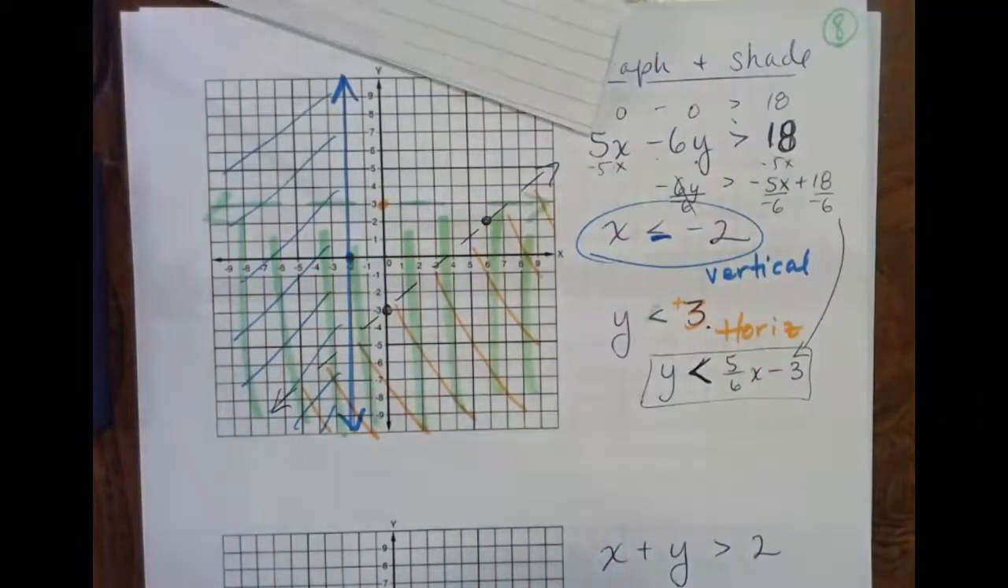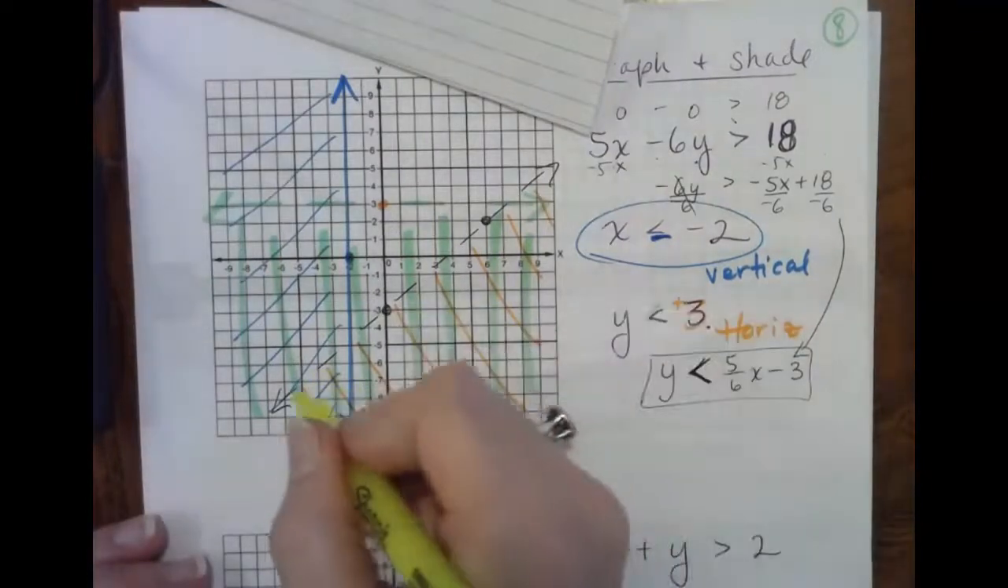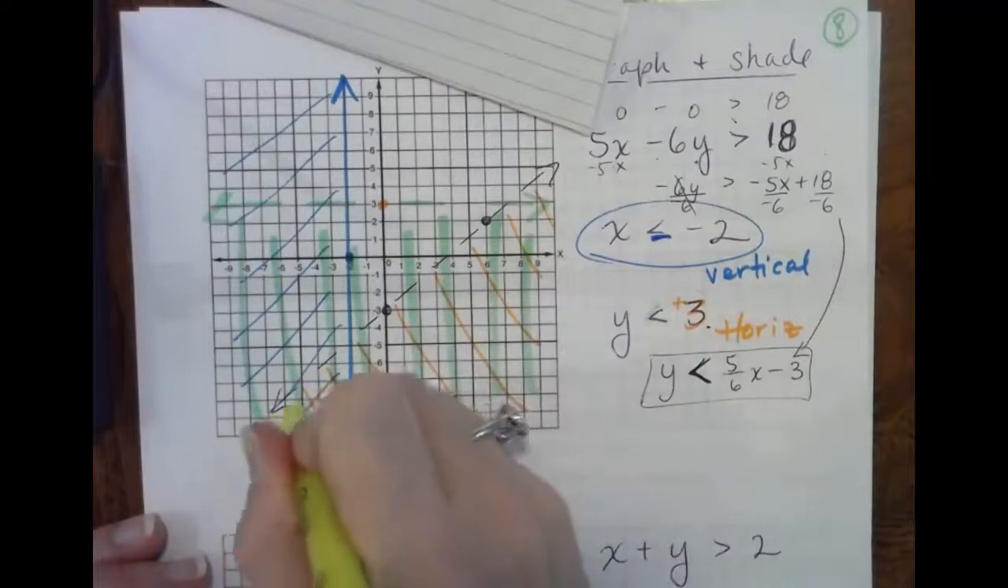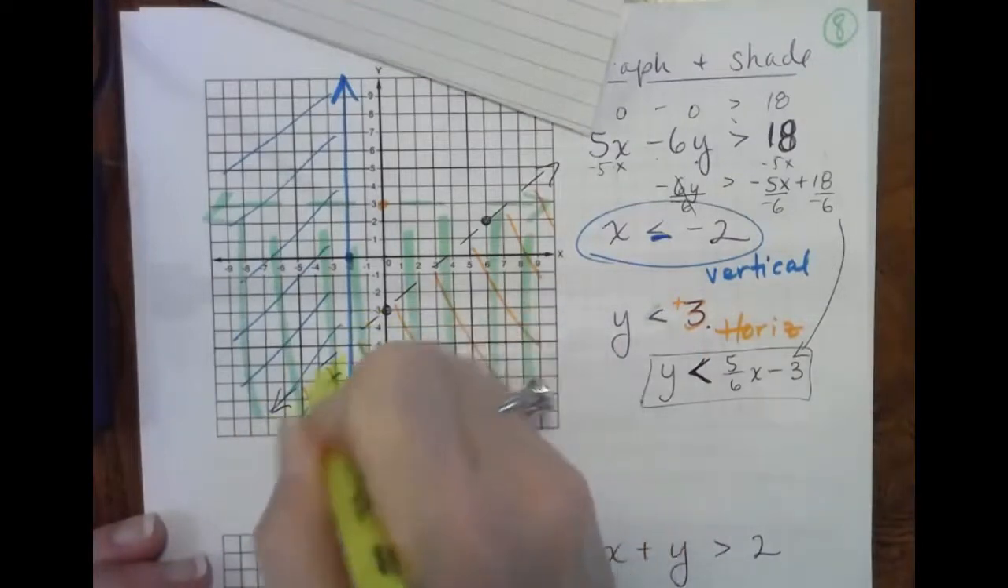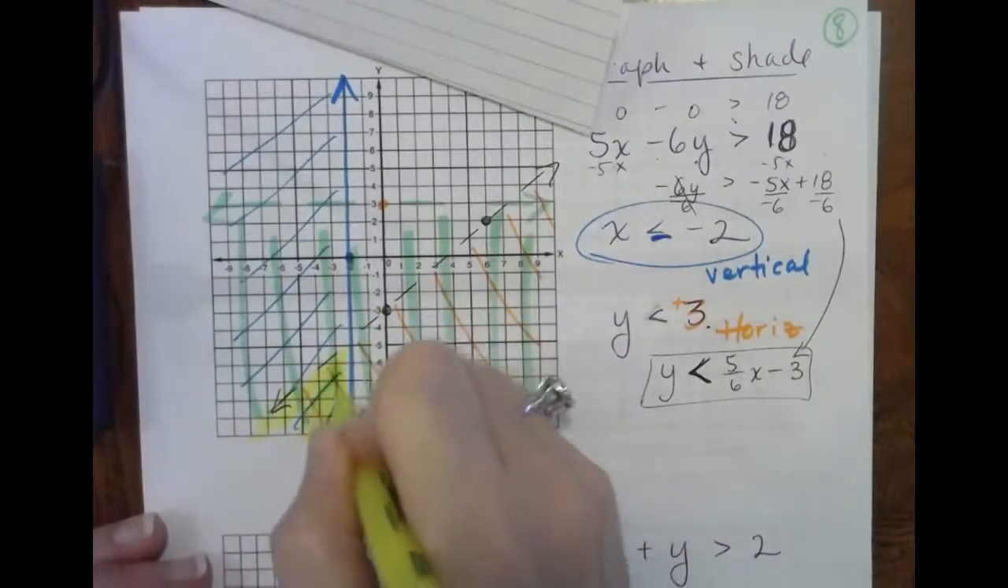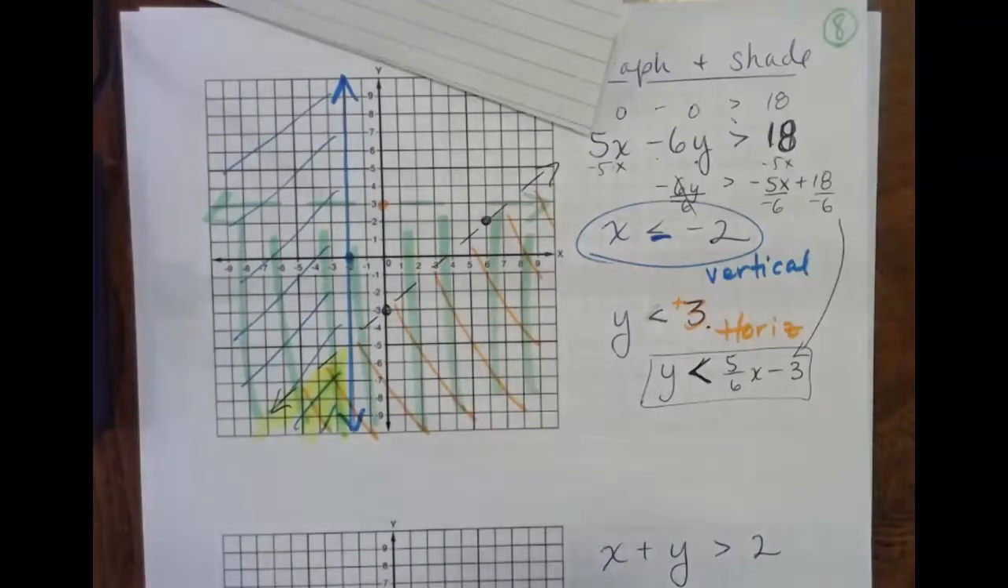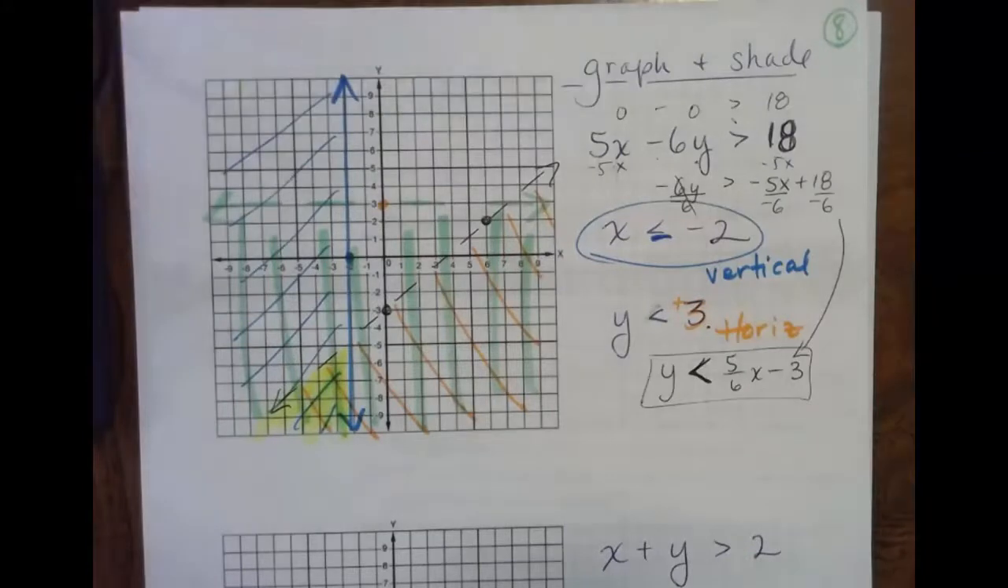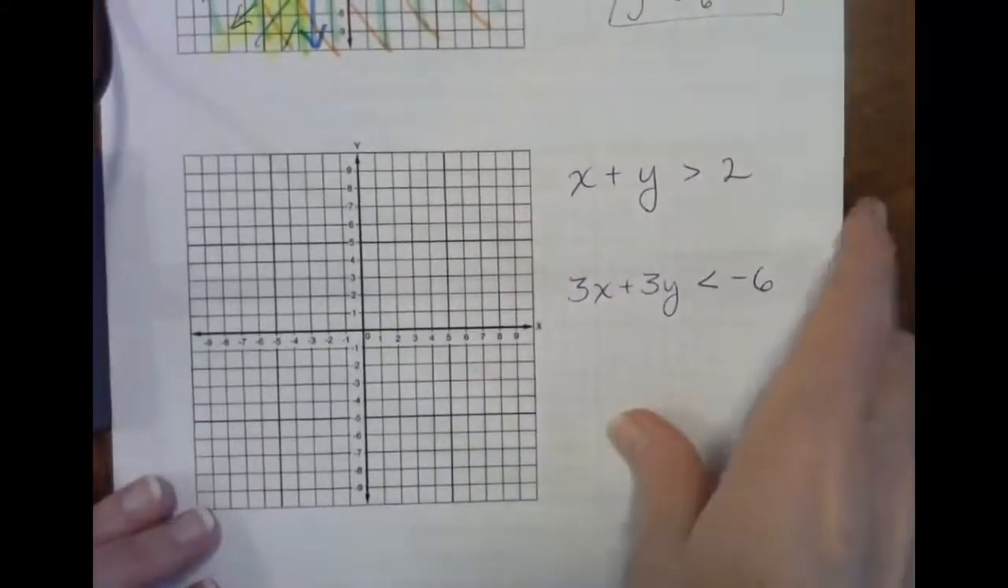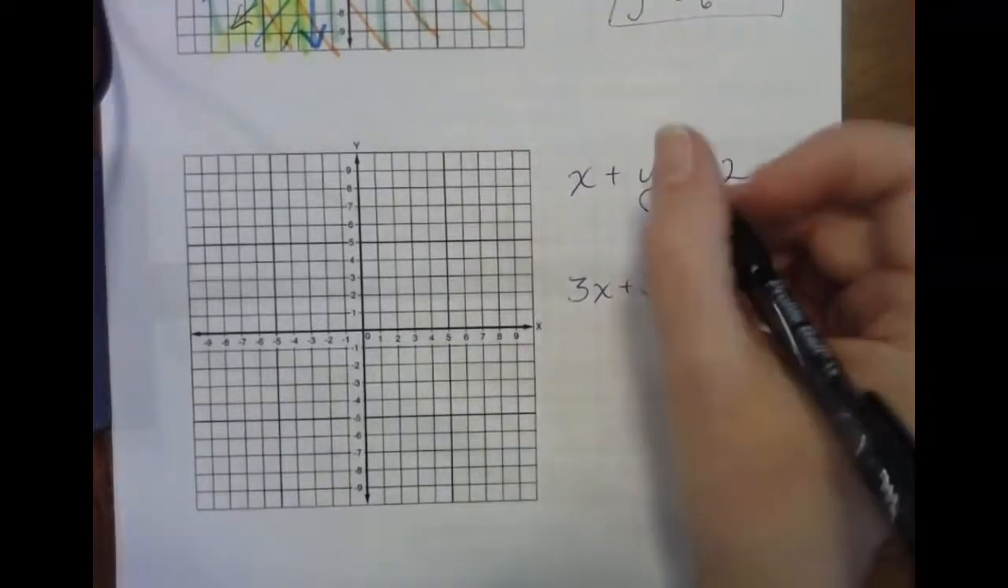So what are we looking for? We're looking for where the shading is all overlapping. And it is going to be only in this little smidgen right down there. That is where the graph's shading all overlaps. Let's do it again, this time with only 2 lines. Last problem,